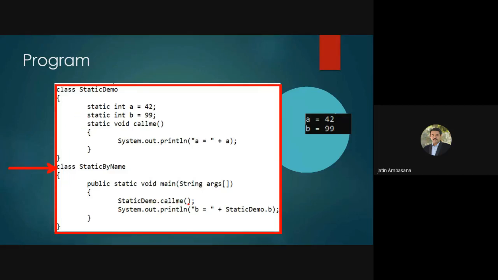So the first statement is calling a static method, and the second example is accessing a static variable. You can see static methods and static variables both can be accessed using the dot operator, but along with the class name.